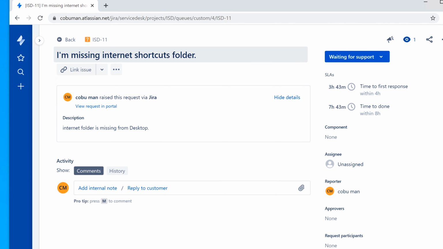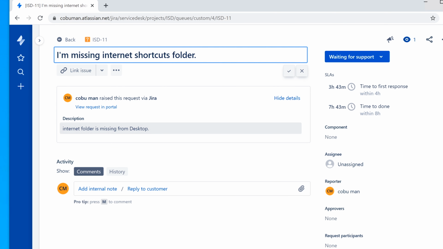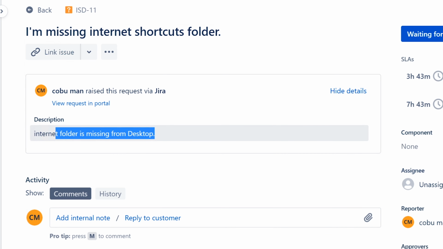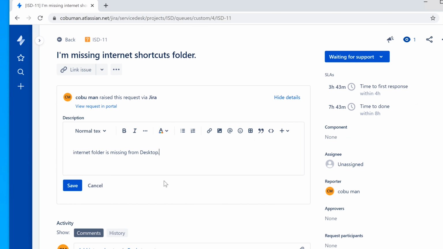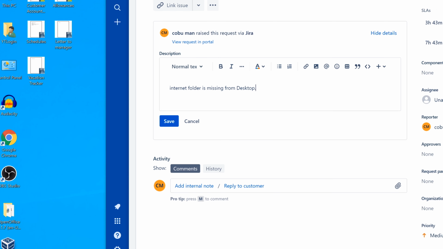This ticket is called "I am missing internet shortcuts folder." And if you look in the description, we can see that it says internet folder is missing from my desktop. So in this case, there was a folder on their desktop that was deleted or just simply gone. Who knows? Maybe it was moved somewhere. That happens sometimes too. A user would just accidentally, for example, drag it somewhere